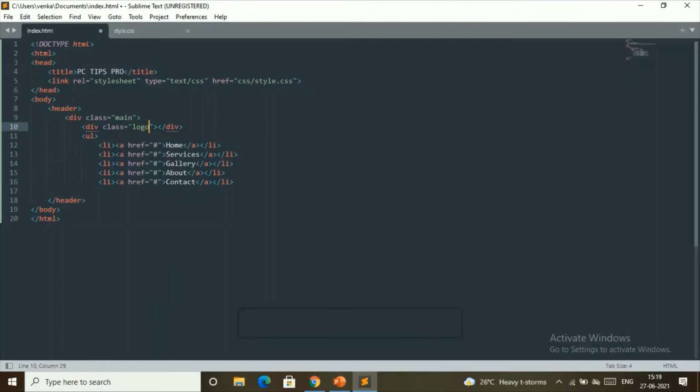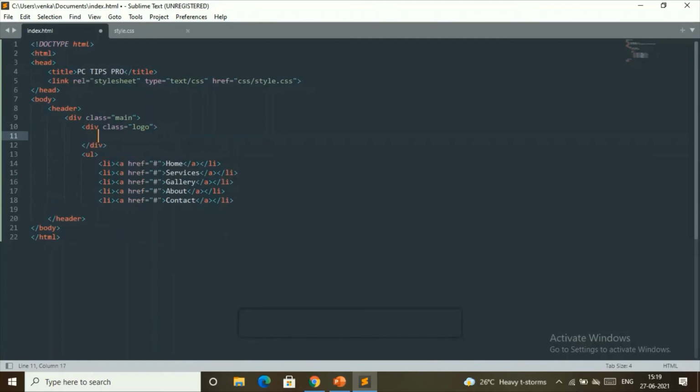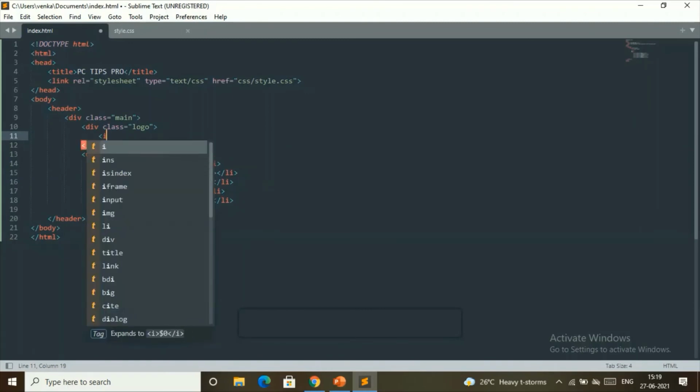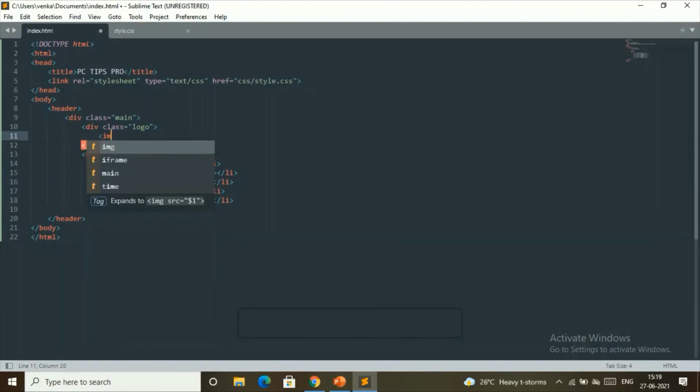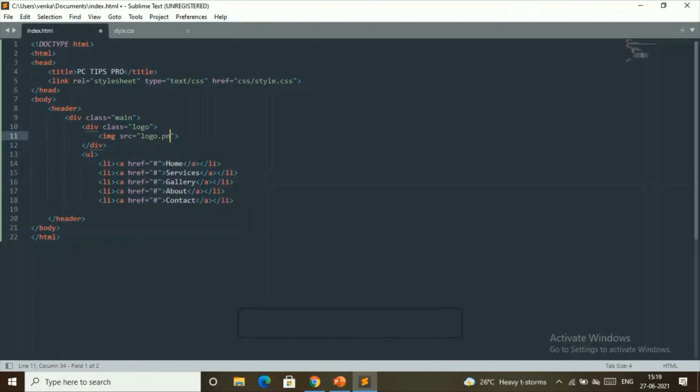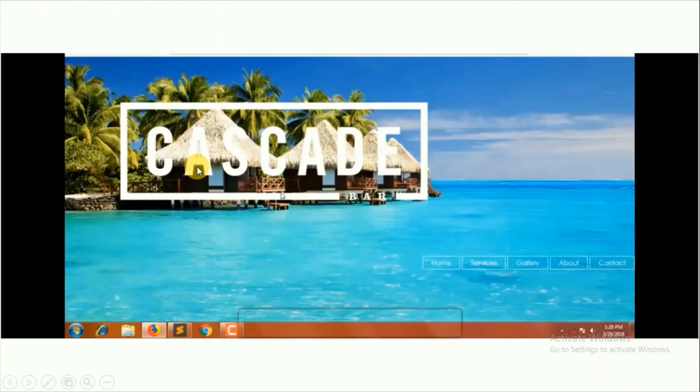And here we'll give our logo image. Just click on this img. Our source will be logo.png. So that is the name that I have given to my logo image on this desktop. So now we are all done. Now we'll see how it looks on our website. This is how it looks like.